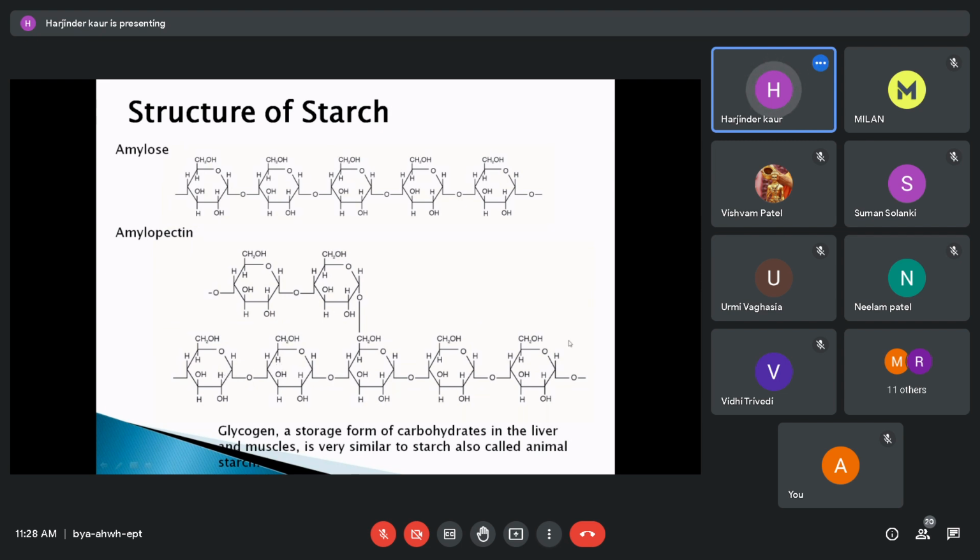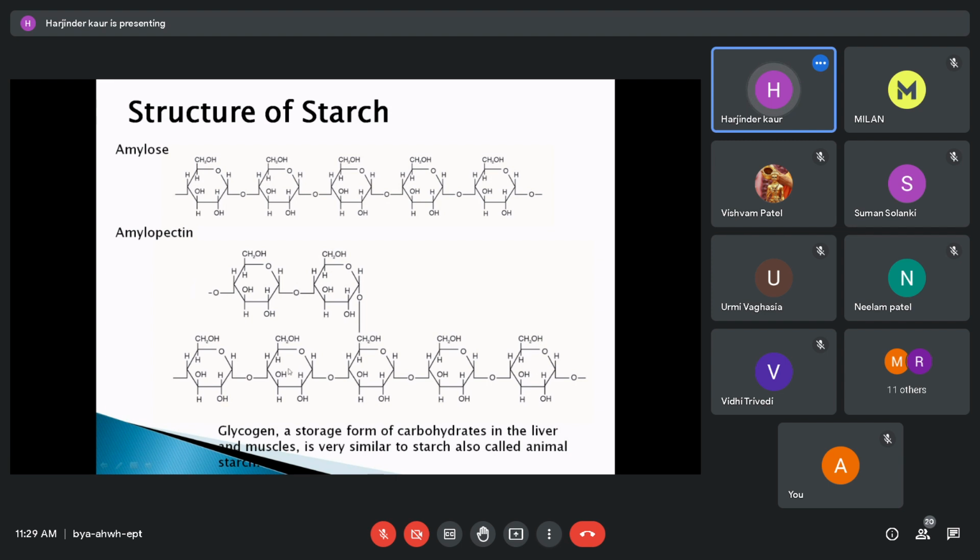There are linear portions and there are branches. When it is linear, 1,4, 1,4 is there, and wherever there is branching, it starts from the sixth carbon. So here there is a 1,6 linkage, but the rest of the branch will be 1,4, 1,4. Similarly, another branch can start from here, with a 1,6 linkage and the others 1,4, 1,4